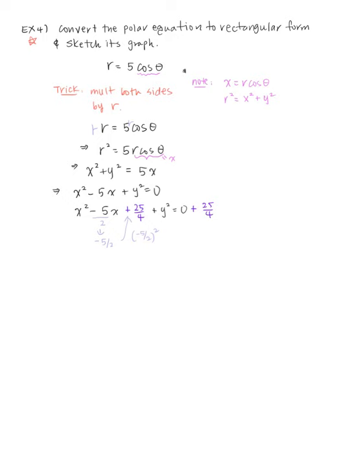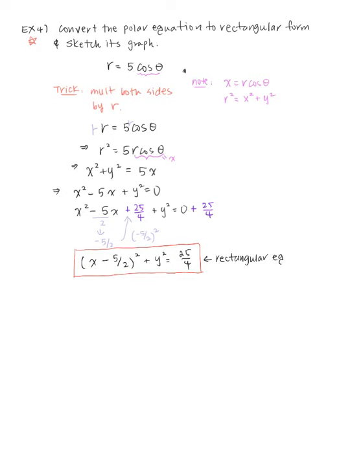Now the first 3 terms are going to become the perfect square. So here what we're going to get is x minus 5/2 squared plus y squared equals 25/4. So what kind of figure is this? This is nothing but an equation of a circle centered at 5/2, 0. But let me first box this rectangular equation because this is the first part of the question. So let me just write this as rectangular